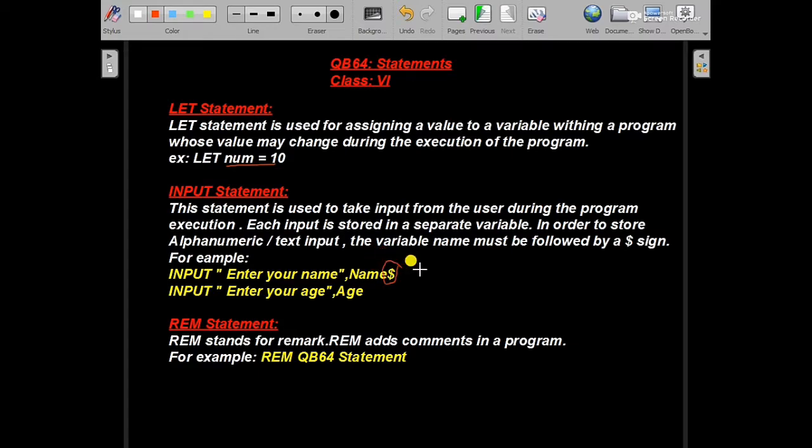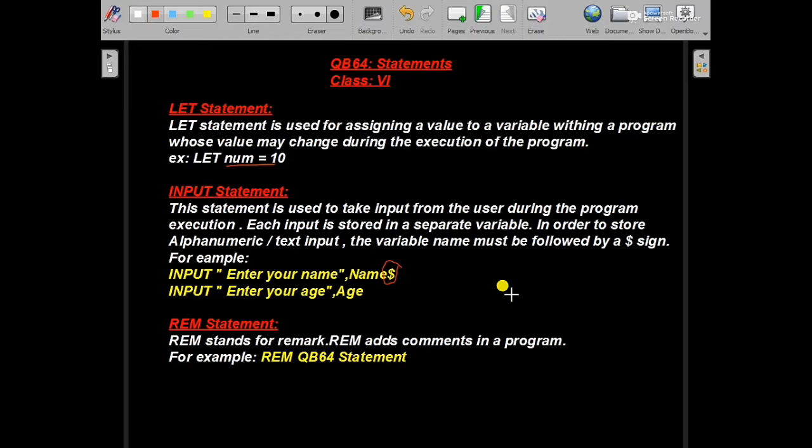So here we must use the dollar symbol if we want to accept any text. Now INPUT "Enter your age", age. If you want to accept any integer value, that means any numeric value, then we don't need to provide the dollar symbol after the variable name. So now it is treated as a numeric variable.